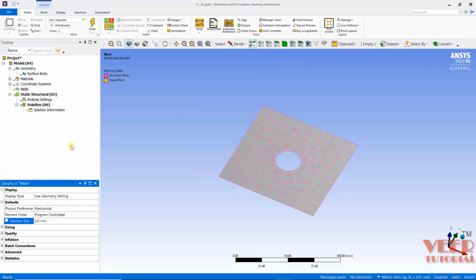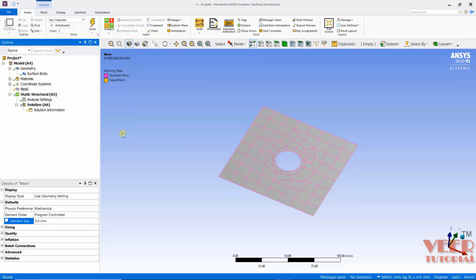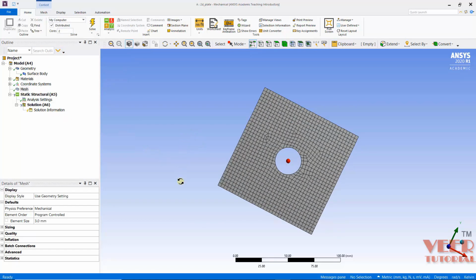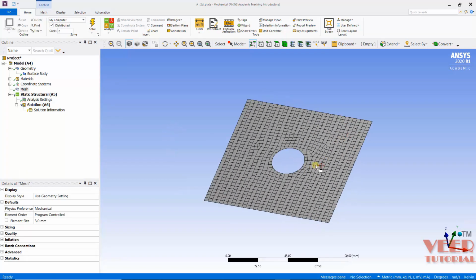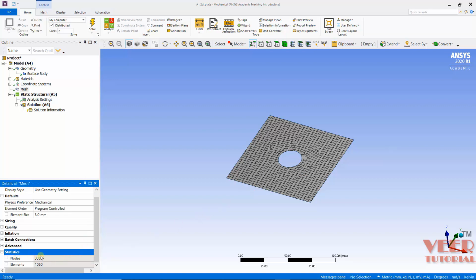Press enter, go to mesh, right click and generate the mesh. And here we can see we have a much finer mesh. So we can consider this mesh. So if you go to the statistics we can see the number of nodes are only 3000 and element are only 1000. So you see number of nodes and elements are significantly reduced.